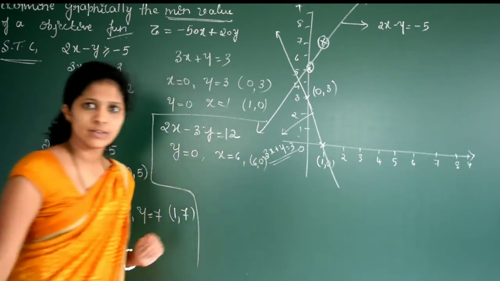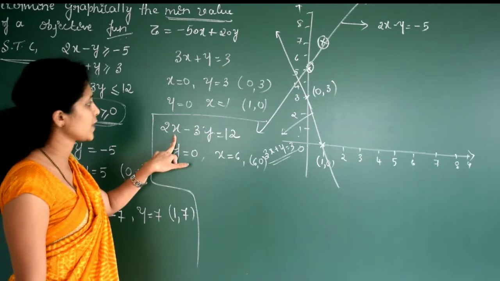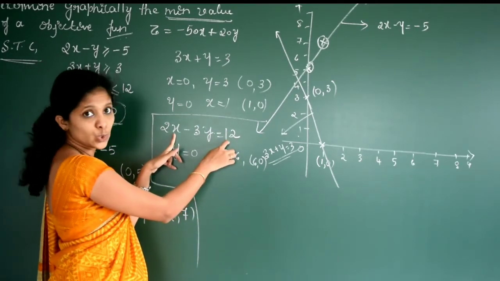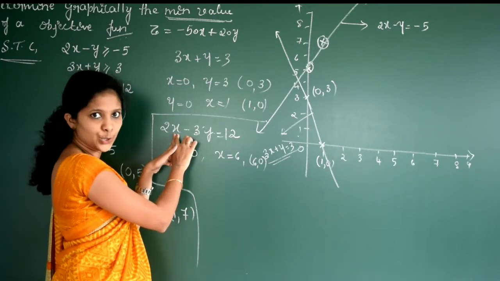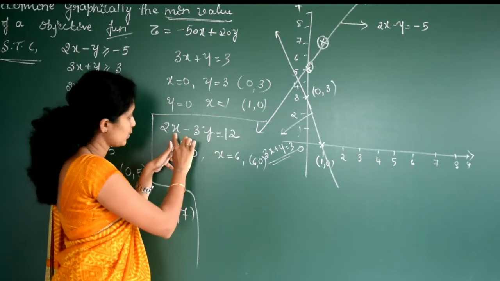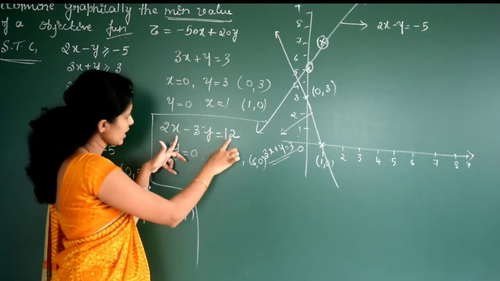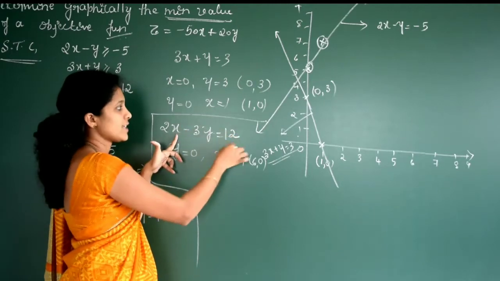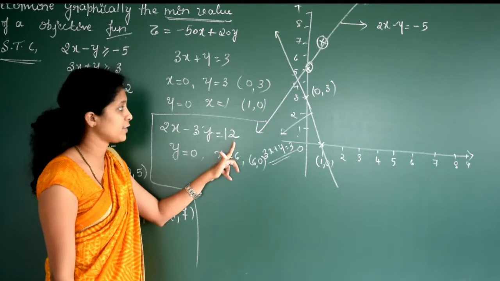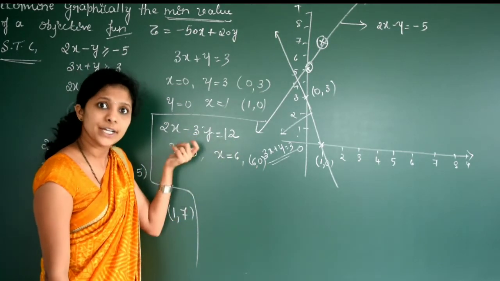This is one point. With one point we cannot draw a line. We need one more point. If I substitute x as 1, again it will be negative, because here 12 is there. If I substitute x is equal to 2, again it will be negative. 3, negative. 4 will be 8, negative, right? 5, again 5 into 2 will be 10. So less than this it will be negative. If I substitute 6, it will be the point we have, 6 and 0. If I substitute 7, it is possible, right?